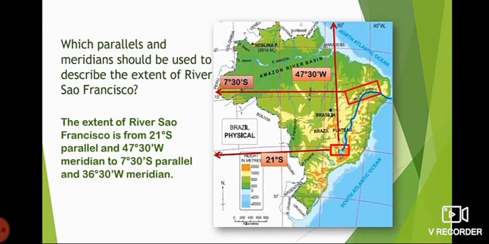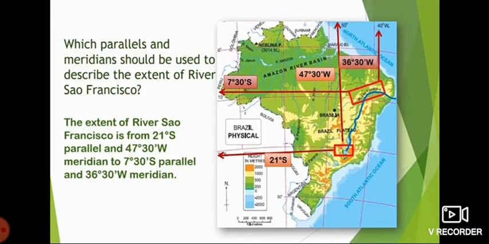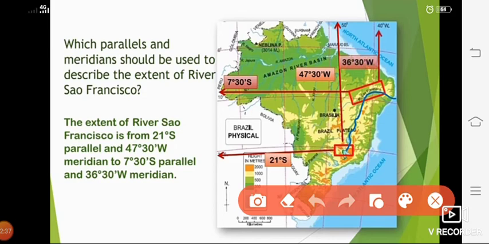Yeah, so the latitudinal extent we will see, they have shown us with the red arrow, it is above 10 degrees south. We are considering it as 7 degree 30 minutes south latitude. Okay, and where is it in longitudinal extent? It is before 40 degree west, so we are considering it as 36 degree 30 minutes west longitude. So this was the latitudinal extent and longitudinal extent of the terminal end point.